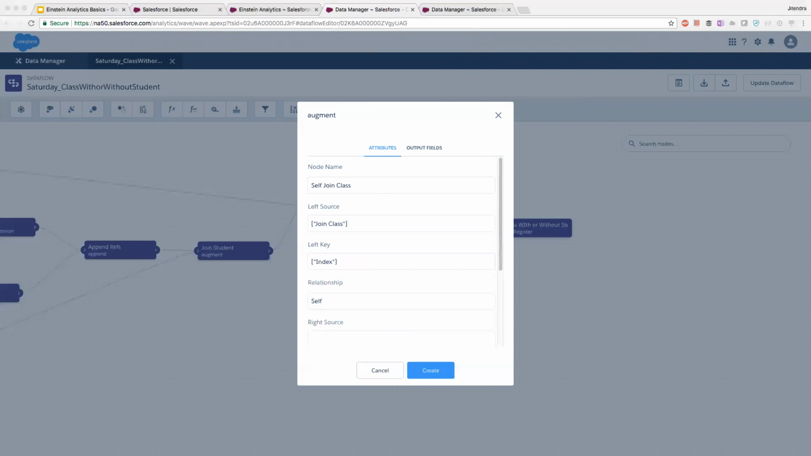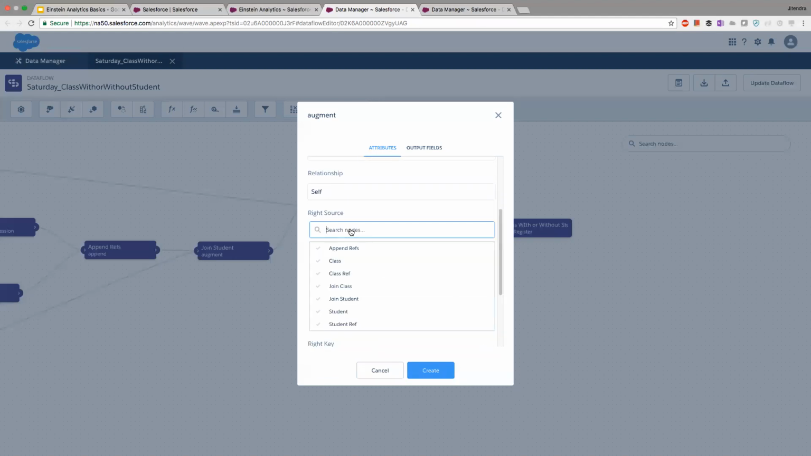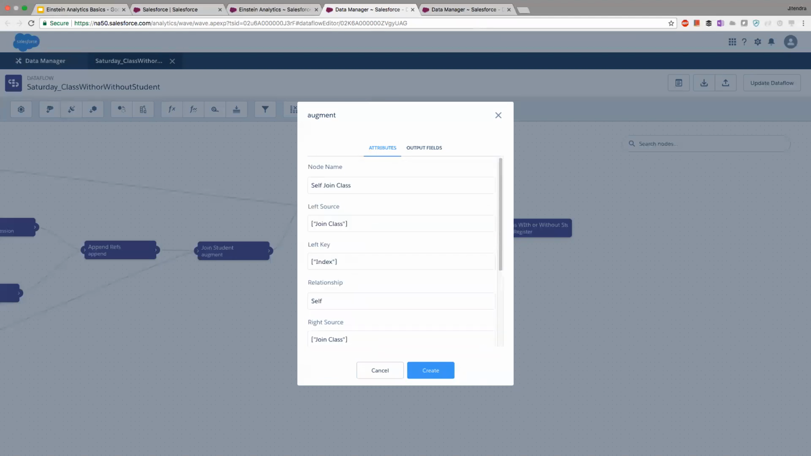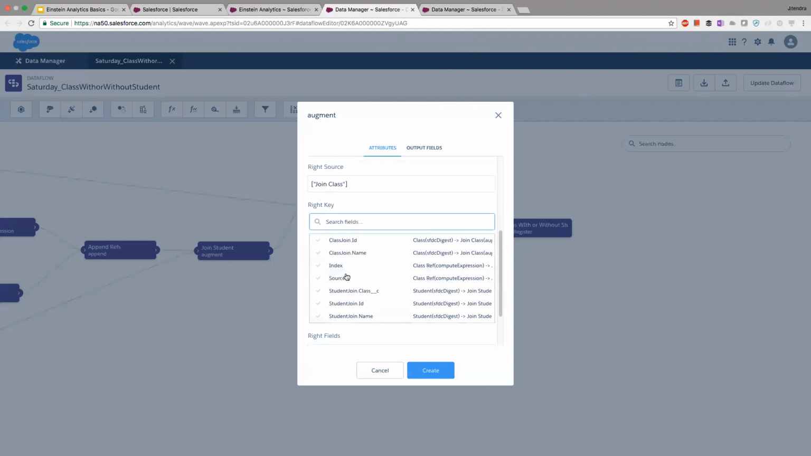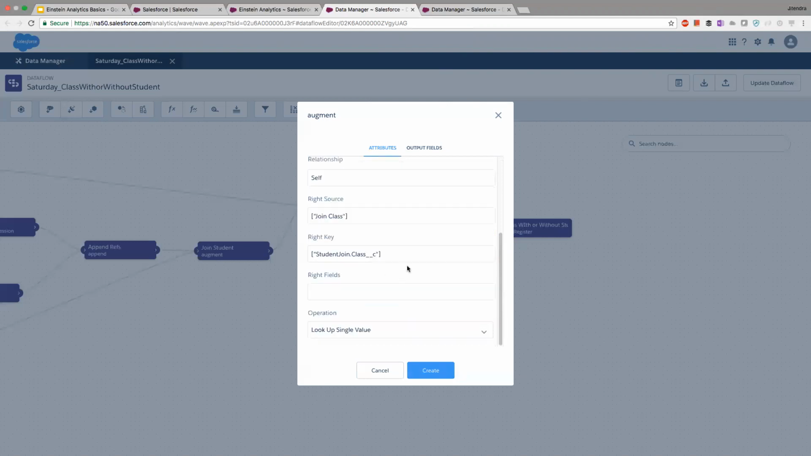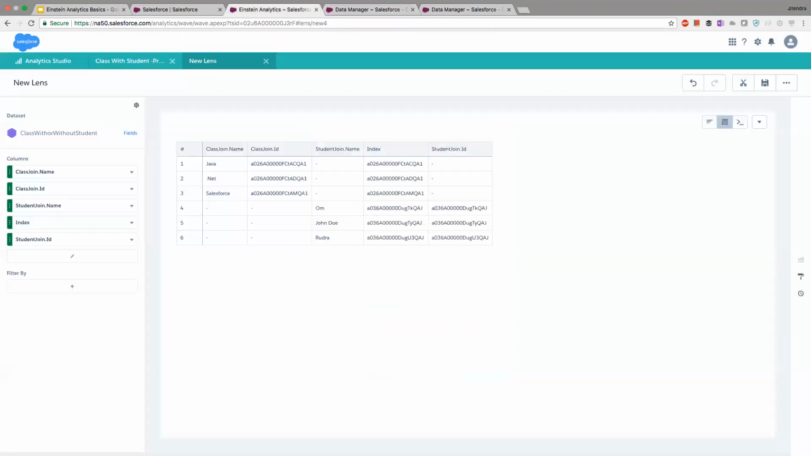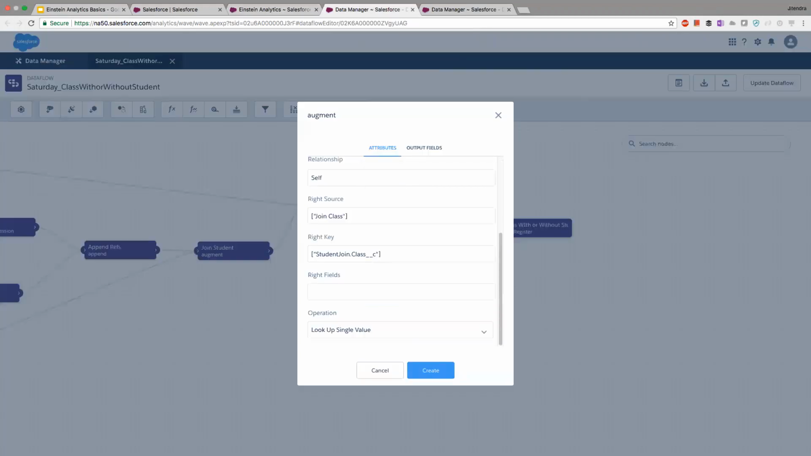Now right source is again the same, join class, but the difference here is the right key. We have 2 class ID fields. One is here and 1 class ID field is here. So what we are saying is join class on class, so that at least we have the class name, because right now we do have a class name here, but we don't have a class name at that place. So let's join that. And on the right field,